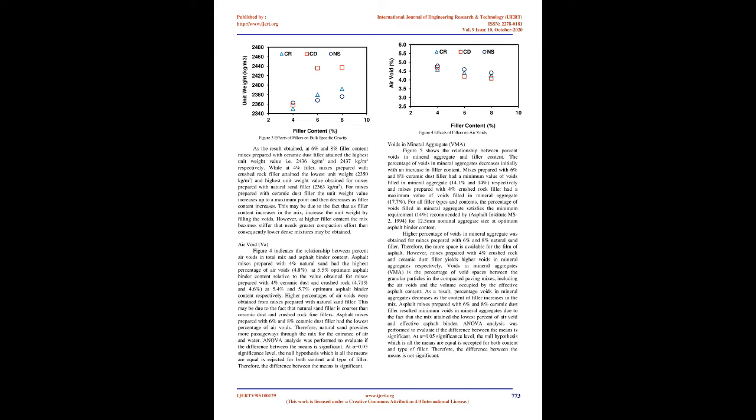While at 4% filler, mixes prepared with crushed rock filler attained the lowest unit weight, 2350 kg/m3, and the highest unit weight value was obtained for mixes prepared with natural sand filler,